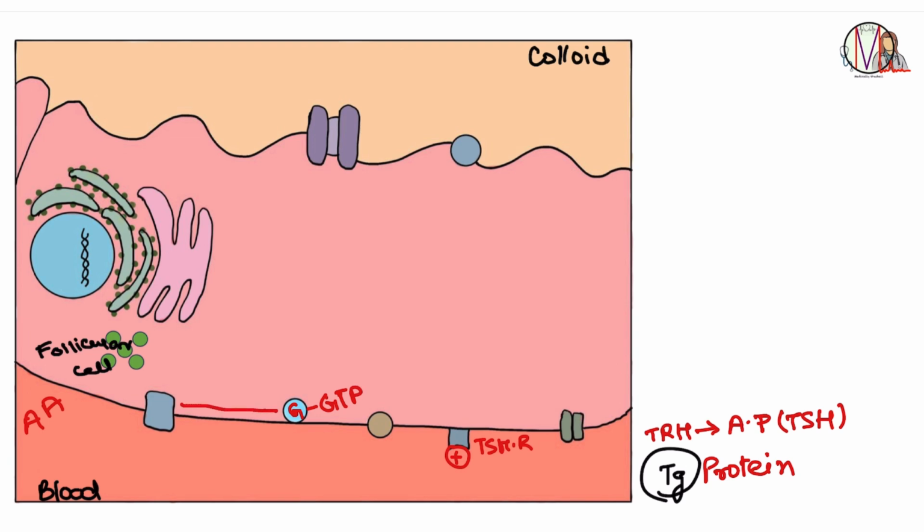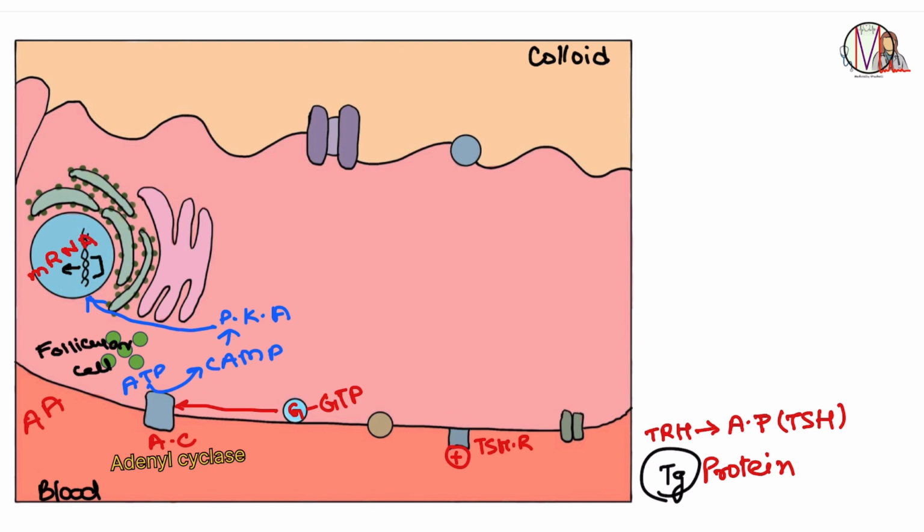and will go to the enzyme nearby. This is adenyl cyclase. This adenyl cyclase will convert ATP to cyclic AMP, and this will further go to protein kinase A, and this will go to the nucleus to start transcription of DNA. And we know after the transcription of DNA, what is the result? We get mRNA. Okay, so we get mRNA here, and this mRNA will now leave the nucleus and go to